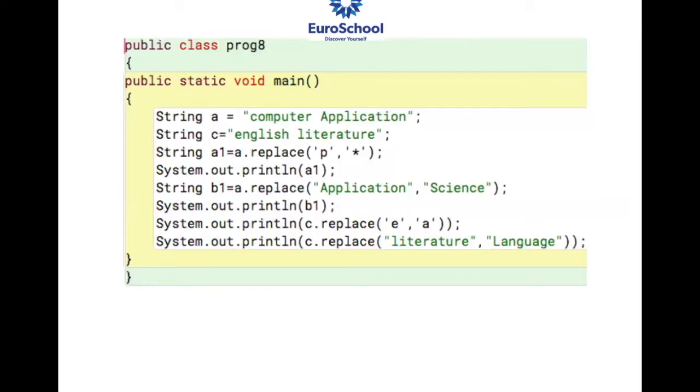Fine. Now let's solve this. Again, the same way, I'll be calling out a student's name, and they'll give me the answer. A equals computer application, C equals English literature, A1 equals A.replace('P', '*'). Now I want Siri to give me the answer for System.out.println(A1). A1? Yeah, ma'am, it will be